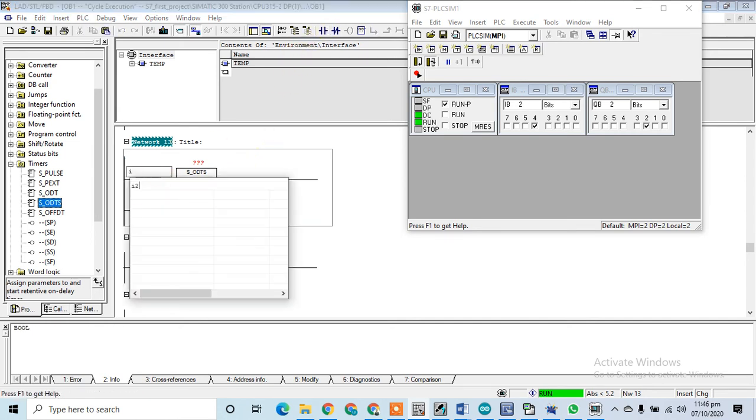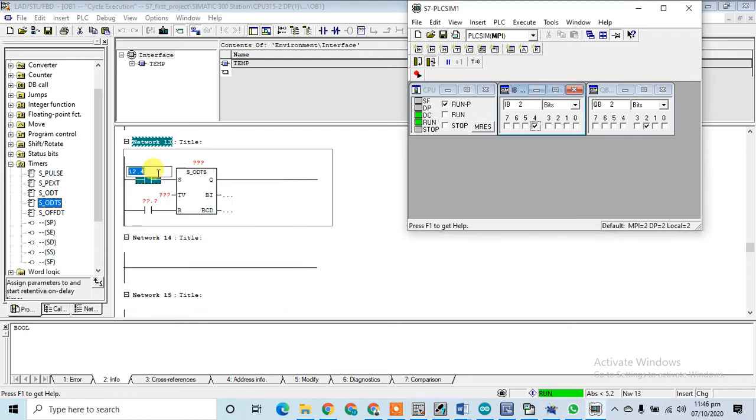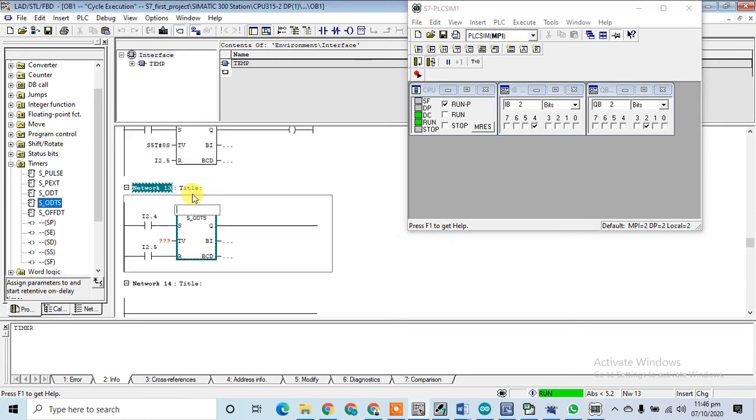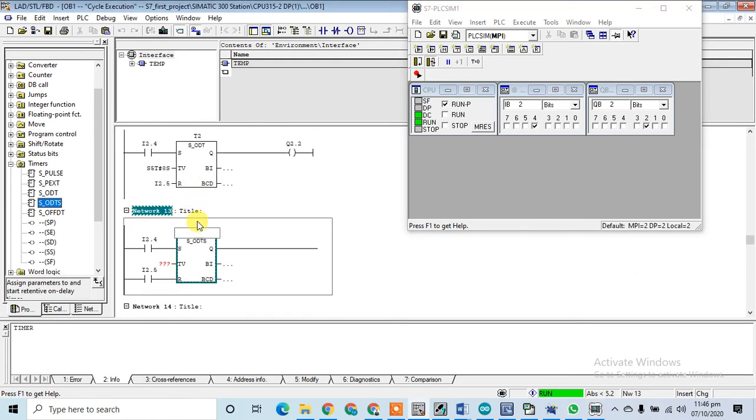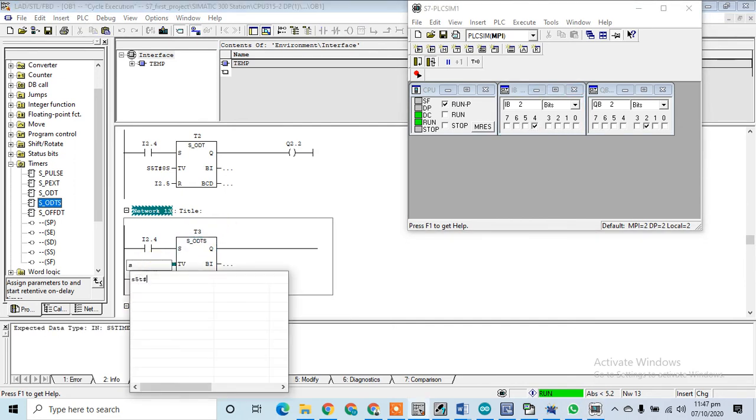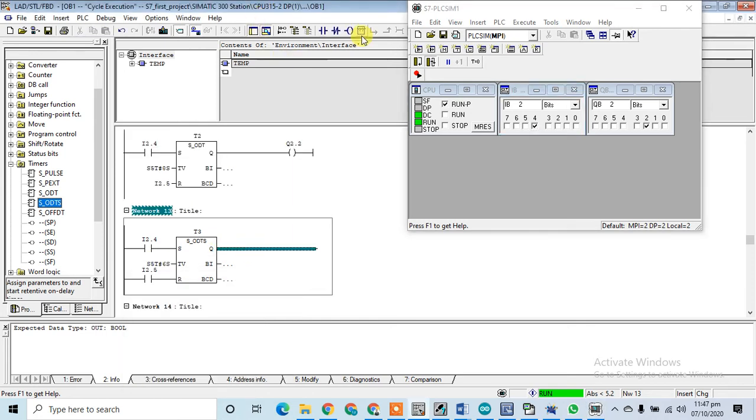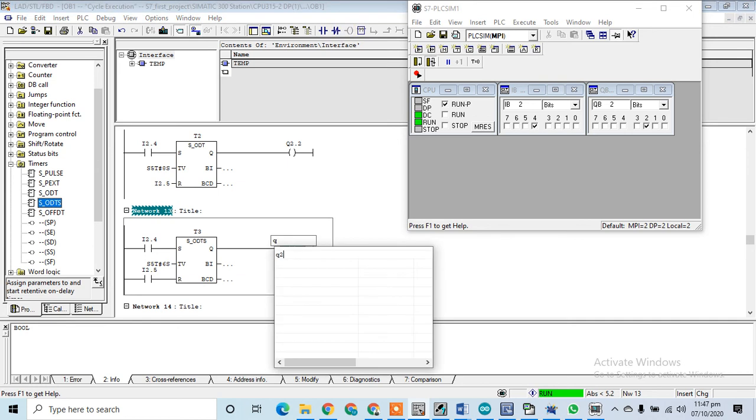So here I am using an input of I2.4 and here I am using I2.5, and that can be using T3, and that can be S5T#6s, let's say 6 seconds, and here is my output Q2.3.